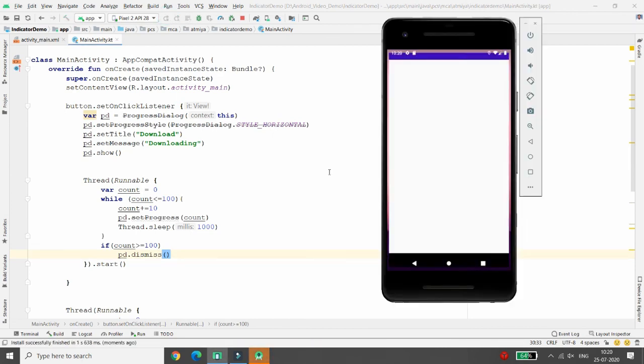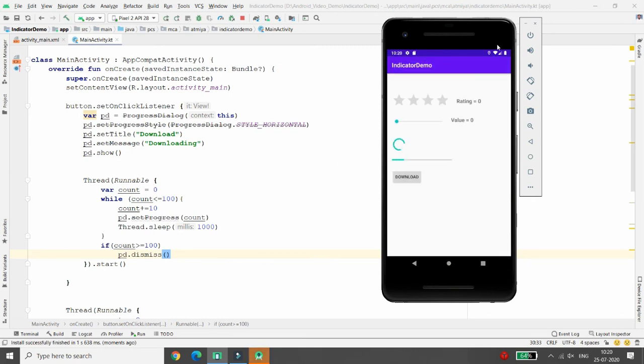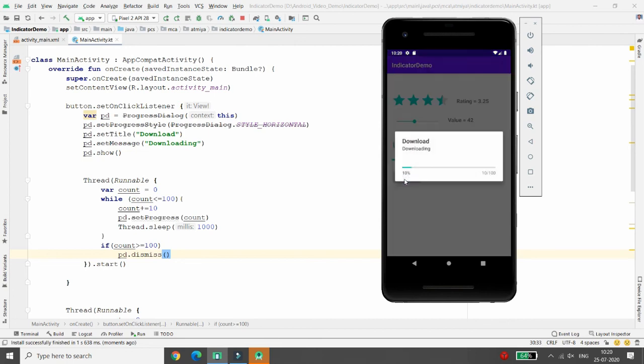You can execute your application again. Now I'm clicking on download. See, 10%, 20%, 30%, and whenever it reaches 100%, my progress dialog is automatically dismissed.